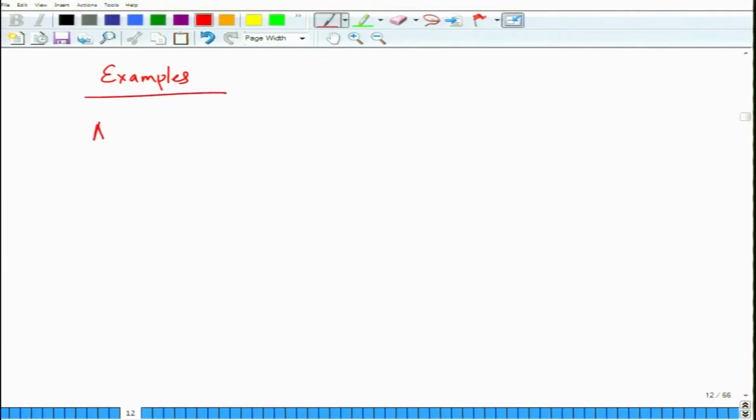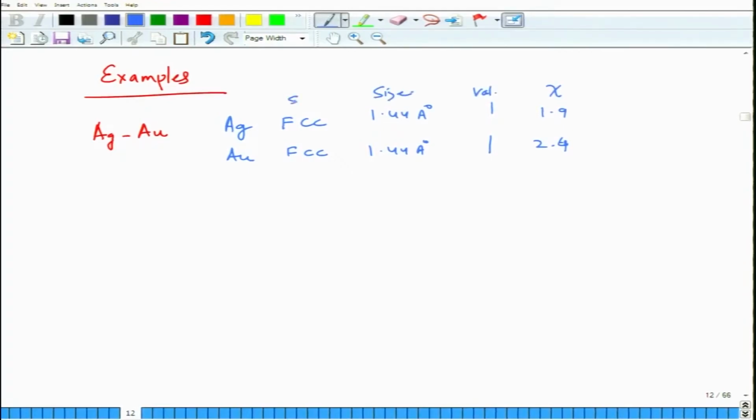So, the first example, let us say, of silver gold. We can see that silver here has FCC structure, gold has again FCC structure, silver has a radius of 1.44 angstrom, gold has a radius of 1.44 angstrom, it has a valence of 1, it has electronegativity of 1.9, it has electronegativity of 2.4. So, this is electronegativity, this is valence, this is size, this is structure,